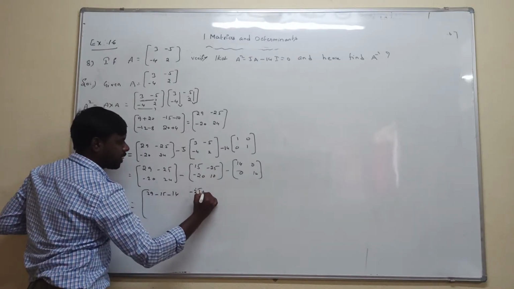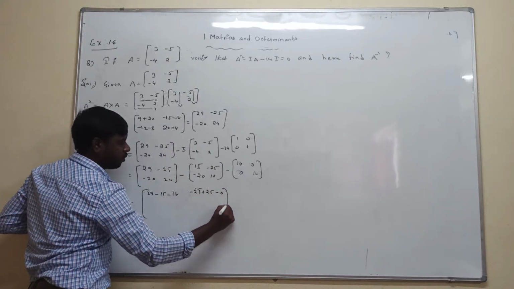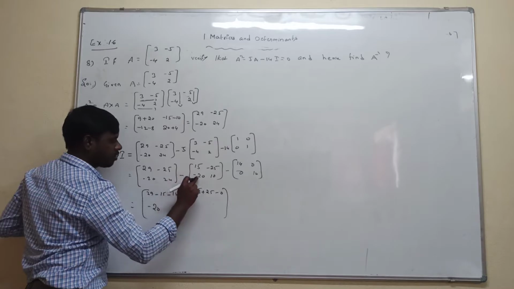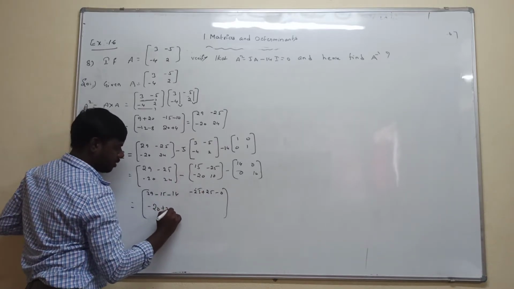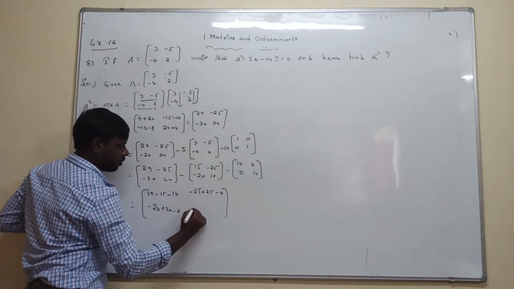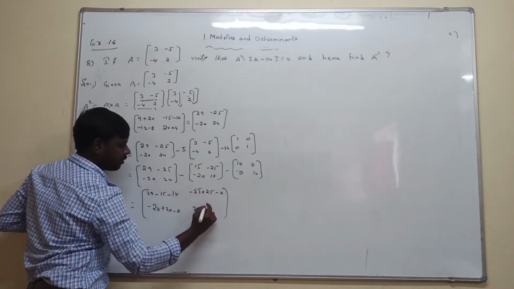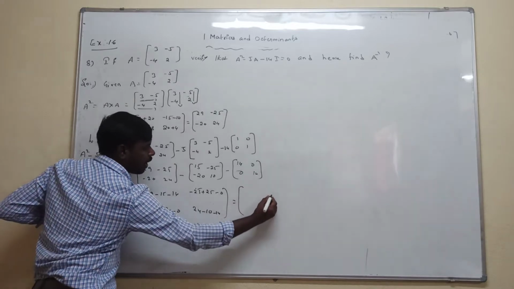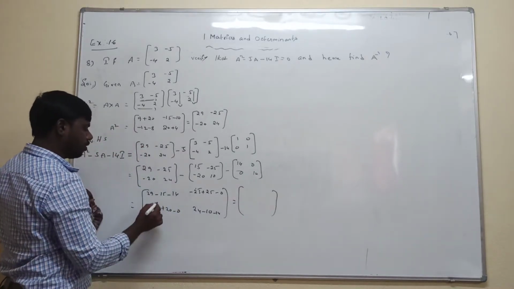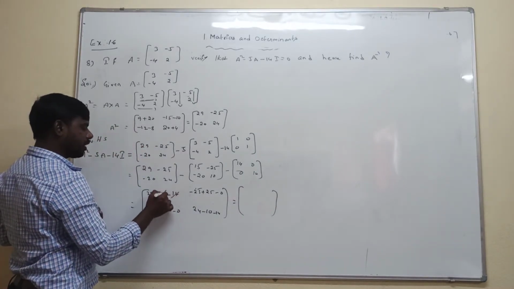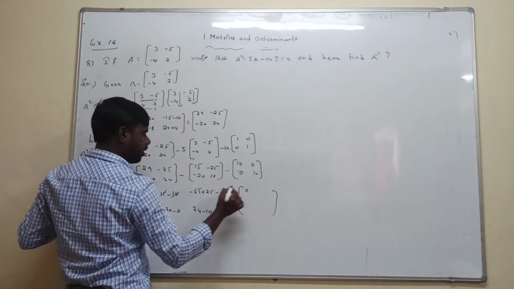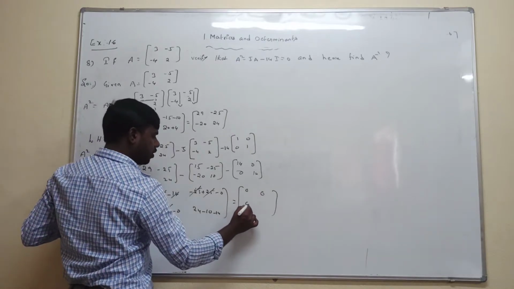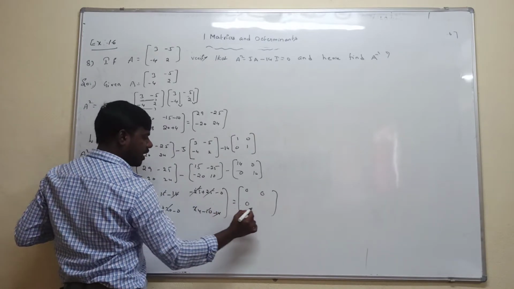Minus of minus is plus 25 minus 0. Next, here the first position is minus 20. Minus of minus 20 is plus 20 minus 0. Next, 24 minus 10 minus 14. Now observe that all the elements get cancelled and the value will be 0. 29 minus 15 minus 14 gets cancelled. Minus 25 plus 25 gets cancelled, 0. Minus 20 plus 20 gets cancelled, 0. 24 minus 24, the value is 0.